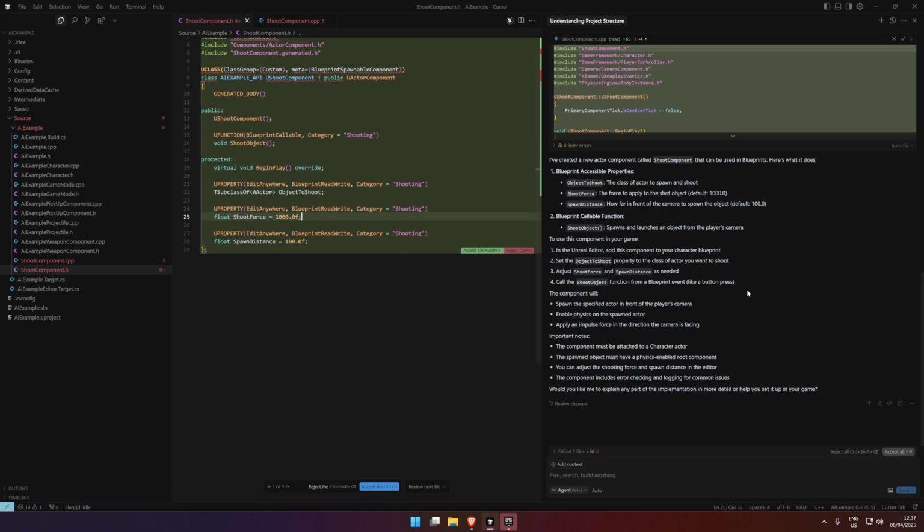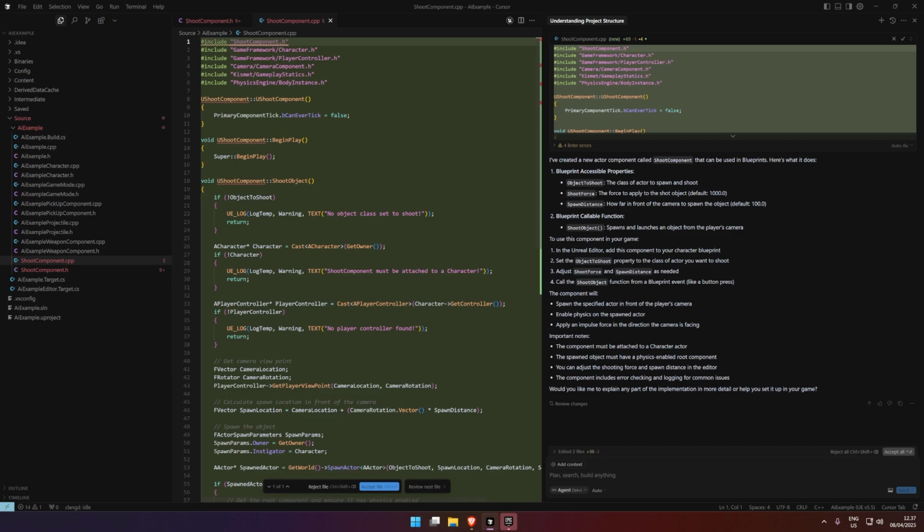Once it's done this, it will tell you here: object to shoot, the class of the actor to spawn, and shoot force, for example. And then in the C++ file, it's created a shoot object function, and it's going to go through